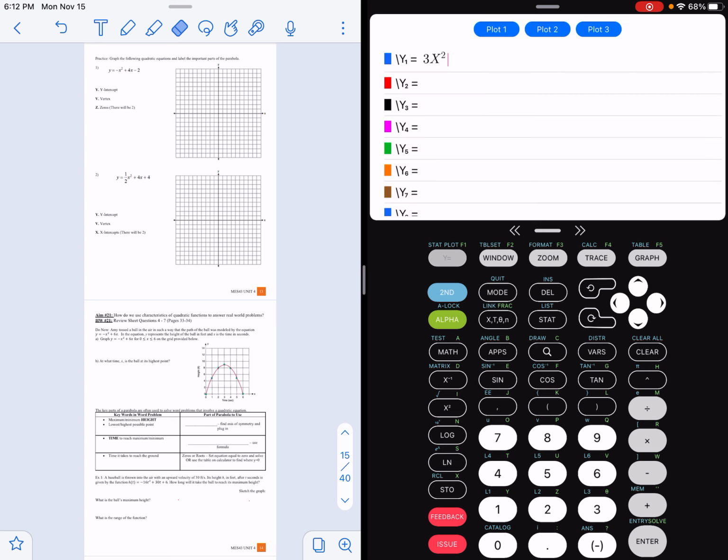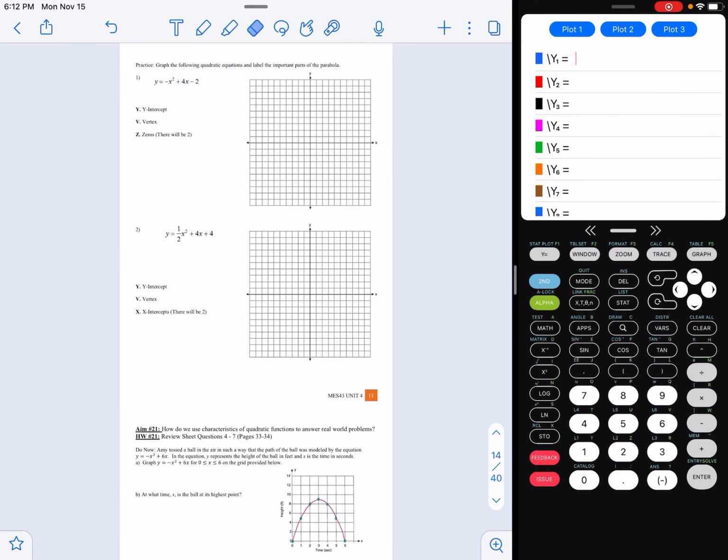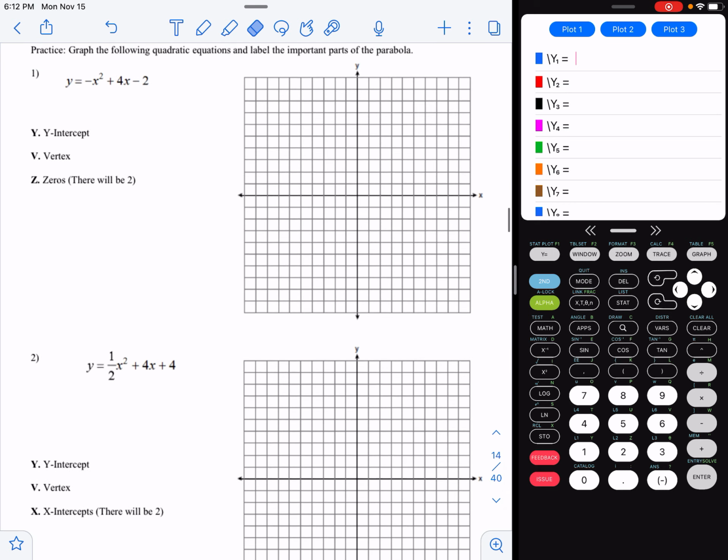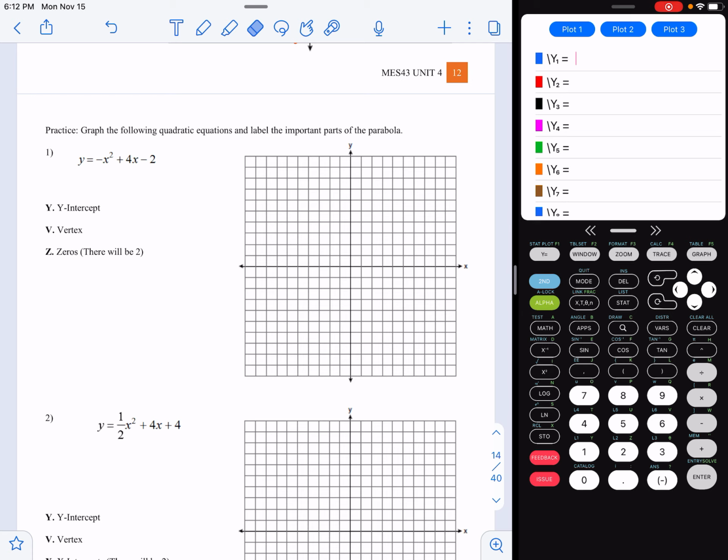I'm opening up my calculator now so we can use it. This is for the week of November 8th to November 11th. Alright, so let's take a look. First thing we did this week was we graphed quadratic equations, which we have been doing for a really long time now. In order to graph, we're going to press y equals,